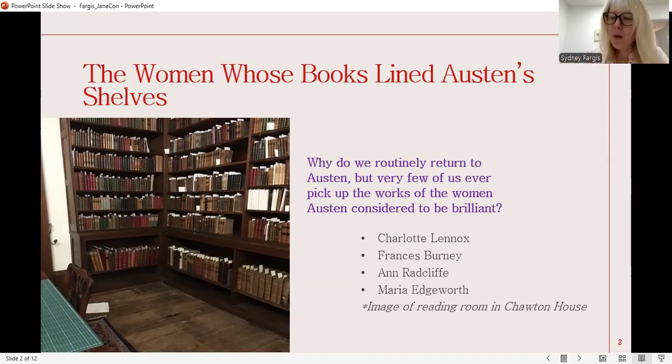And so, despite the fact that you will hopefully leave this talk today with the understanding that Anne Radcliffe, Frances Burney, Charlotte Lennox, and Maria Edgeworth were writers Austen not only read but aspired to be like, the irony is not lost on me that I encountered these female authoresses because they were baked into a year-long course I took while I was in college, and it was entitled Jane Austen's Novels. The professor incorporated their books into the course reading under the labeling of supplemental materials.